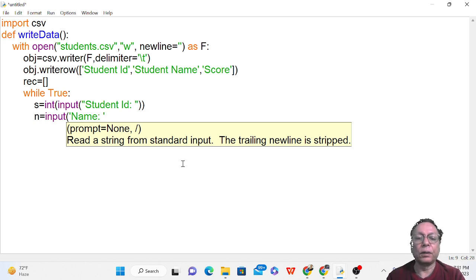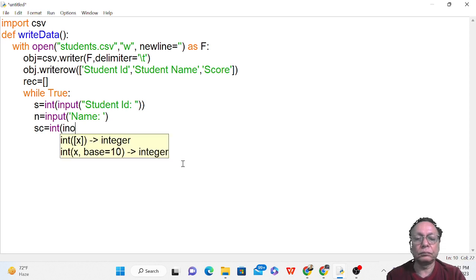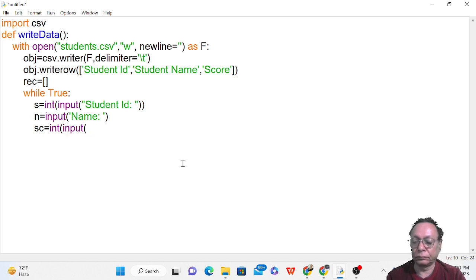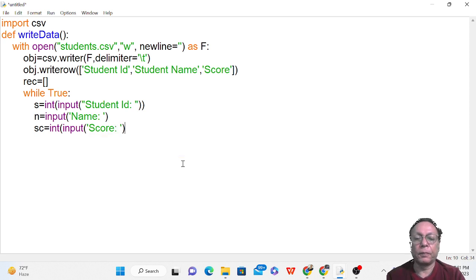We can have single quotes and double quotes as well. So I have taken the name, and after the name I have to input a score. So sc I am taking, and it is of integer type, input score, and after entering these values,